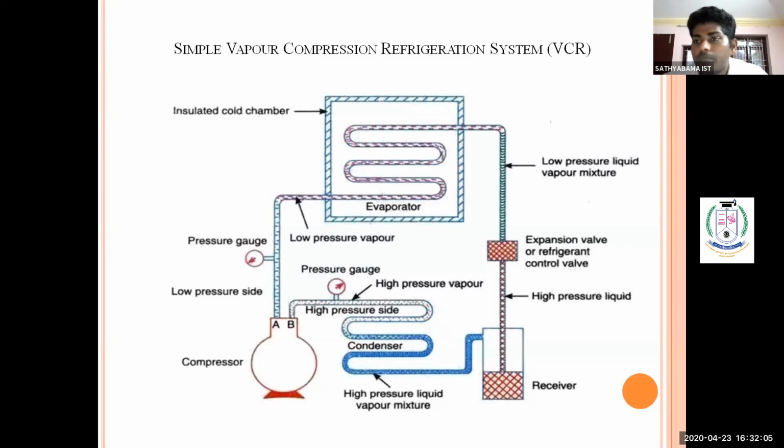If some oil or gas is sent into the expansion valve and it expands, what will happen? Automatically the temperature and pressure will be reduced. The receiver will collect the fluid coming from the expansion valve. What is the use of the condenser? The condenser will convert vapor into liquid. That is the use of the condenser.